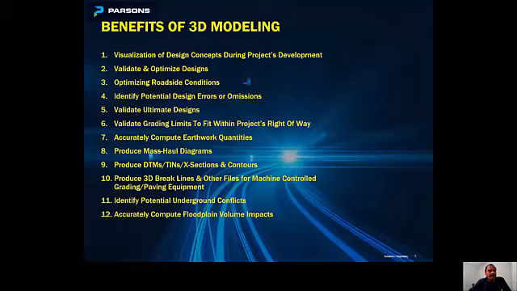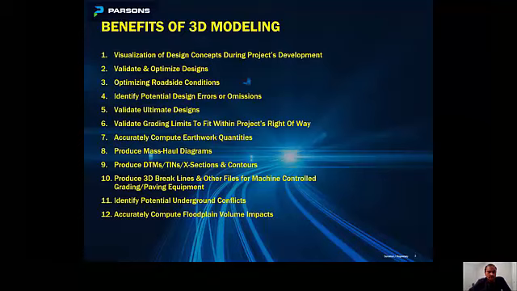Then we will be looking at some of the quantities that the 3D model can generate, and the 3D model also helps with producing mass haul diagrams. These are extremely helpful for the contractor to see the dirt availability at any given location all along the project.